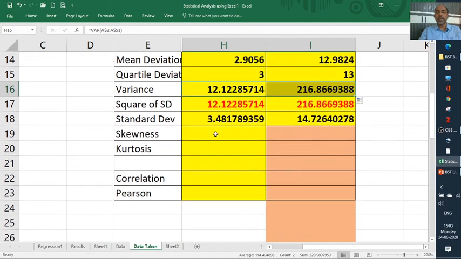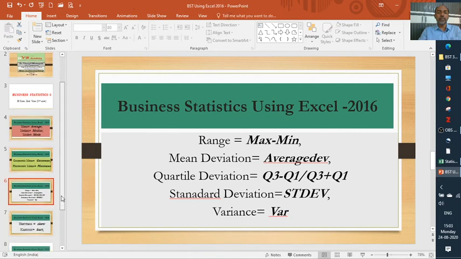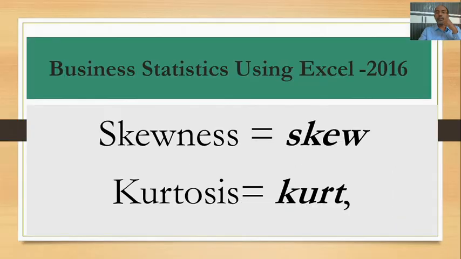Now we'll go to the calculation of skewness. Yes, so far we have calculated these two according to the PowerPoint. Now we'll look into the skewness. As you know, the skewness is the abnormality of the distribution.